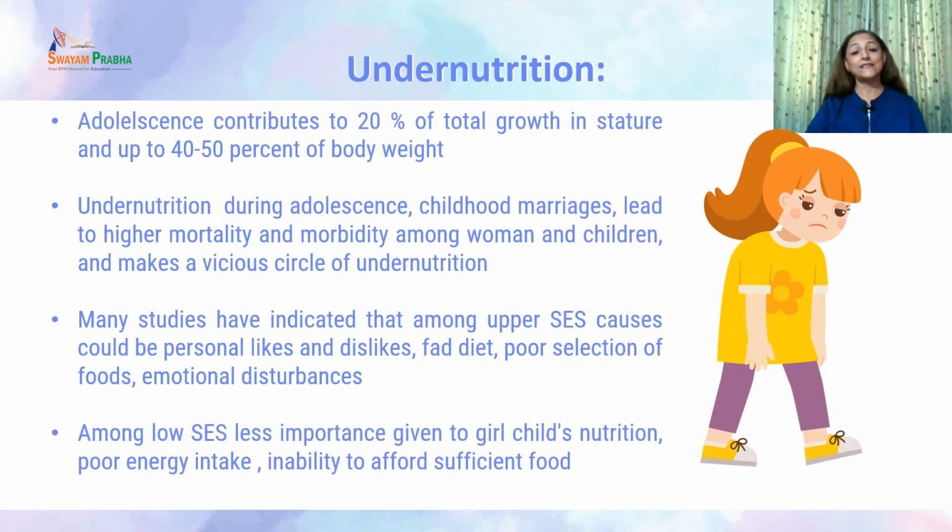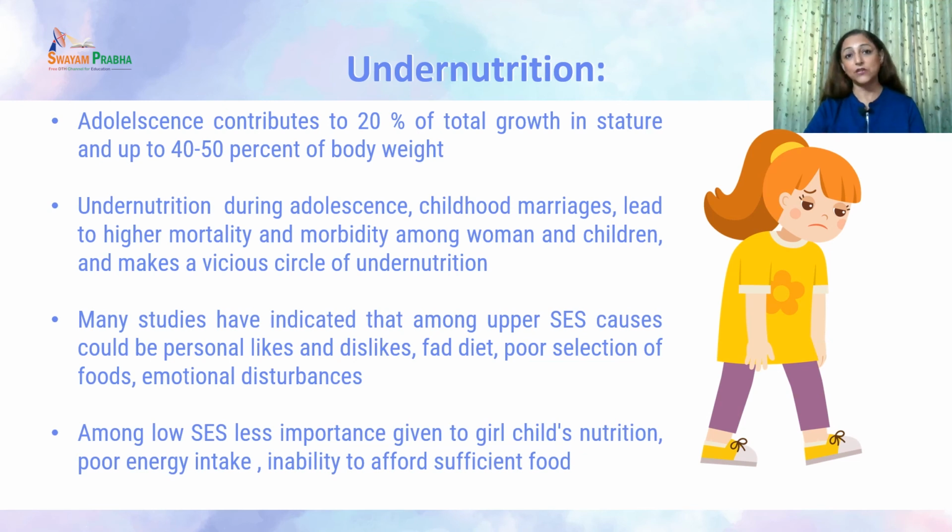Adolescents contribute around 20% of the total growth in height, and up to 40 to 50% of the body weight with respect to somatic growth. So it is a very important phase of life when we talk about physical growth. And undernutrition during this phase, along with the child getting married at a very young age, can lead to high mortality and morbidity among the women and the children, and it also creates a vicious circle of